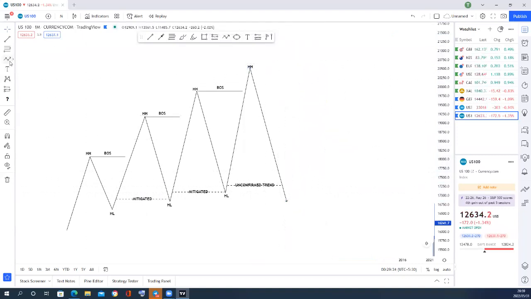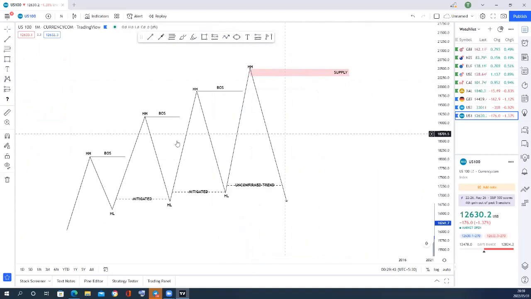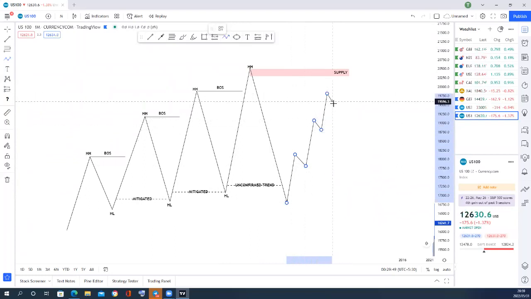What is important is the supply level we have here. Most people know that when the market creates such things, you look for a possible change of market character. So if the market is pushing up, listen carefully. When the market taps into this POI here, I normally do not advise most people to enter at